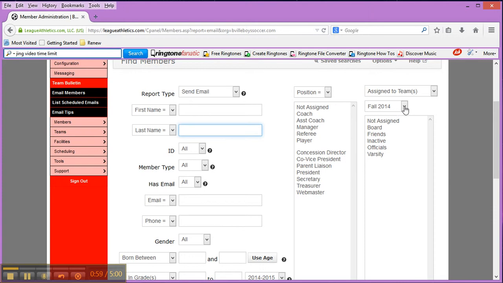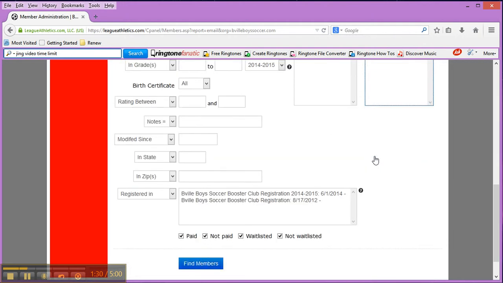And over here on the right you'll select your season. So here we're looking at fall 2014. And I've got different teams out here. I set up varsity for 2014, and once I get rosters from the coaches I'll set up a team for each of the levels. Once you do that, you can select more than one team. So for example, if I control click on freshmen and varsity, it would do both. For the tutorial I'm just going to do varsity, so I select varsity, and then I'm going to scroll down